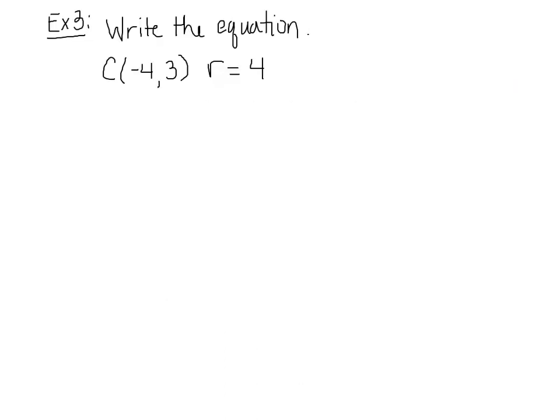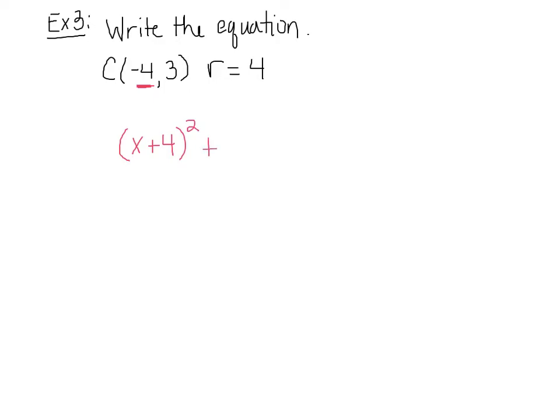Alright, we're going to need to be able to go backwards too, where if they give you the center and the radius, they're going to expect you to write the equation. So keep in mind that our standard form is x minus h, so we're going to take this h value of our center and put it in our equation, but just remember we took the opposite to write down what the center is, so putting it back in the equation you're going to put the opposite. So it's going to be x plus 4 quantity squared